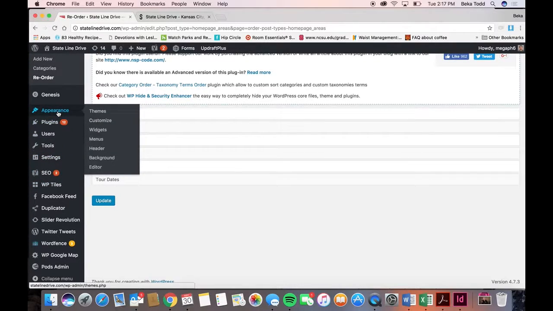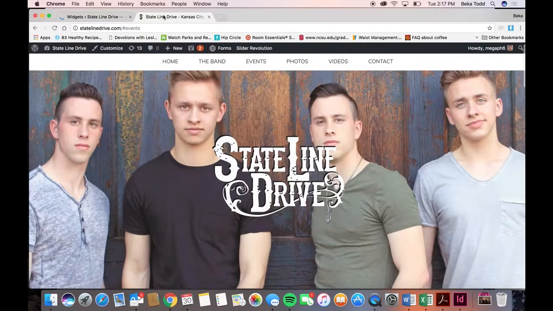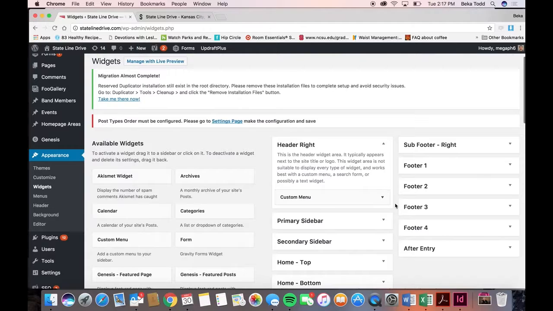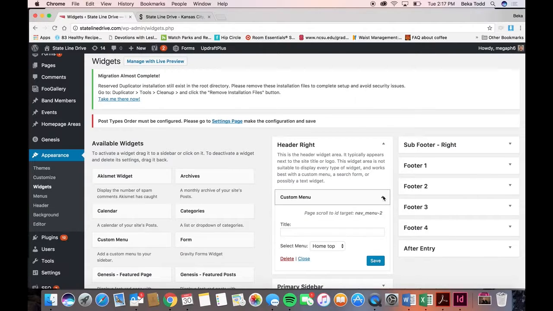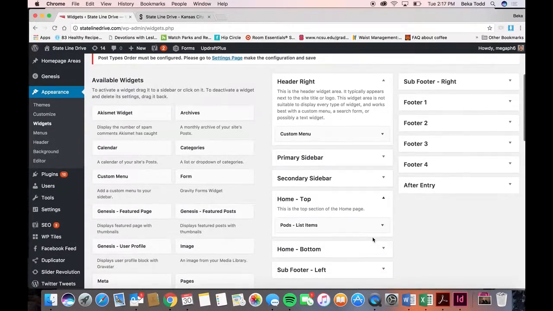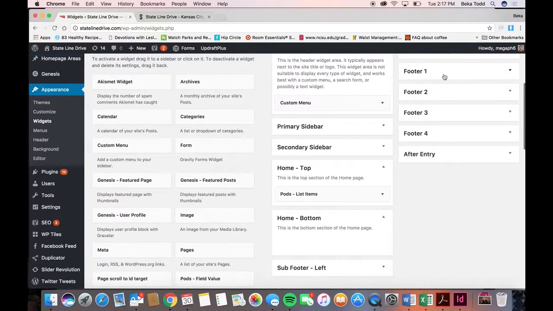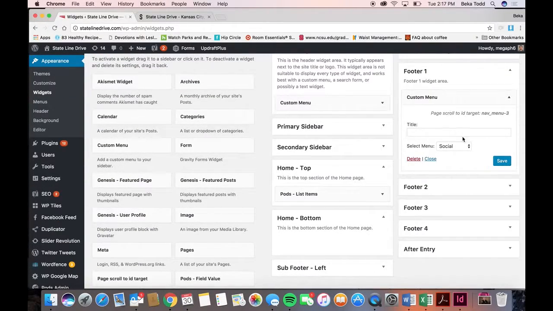Appearance, two things here. Widgets and menus. So we'll talk about widgets. I don't think you're using many, if you're using any. We've got a menu here, and then probably you got this so that you've got your homepage areas. I don't think you've got anything else on this site. And then you've got this social media menu at the bottom. You're probably never going to need to change anything, but if you ever wanted to add something to the homepage area, to this,